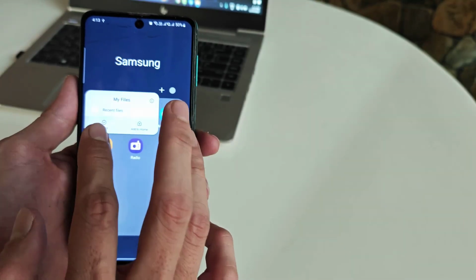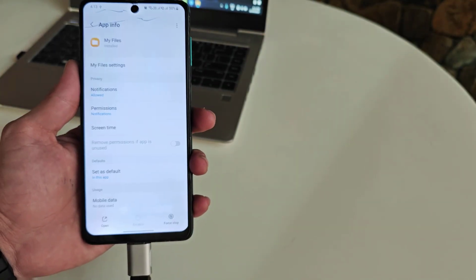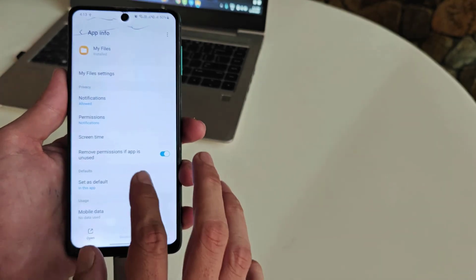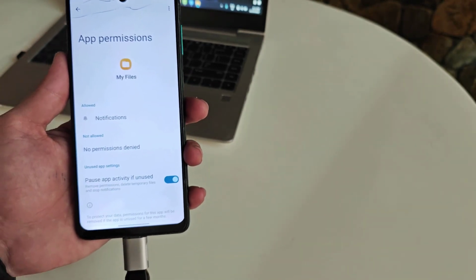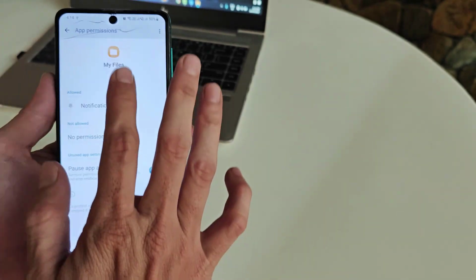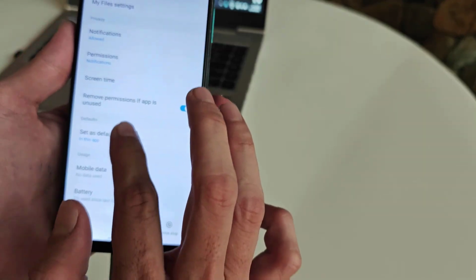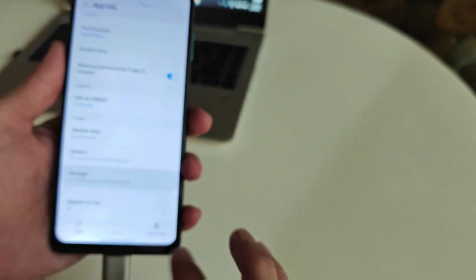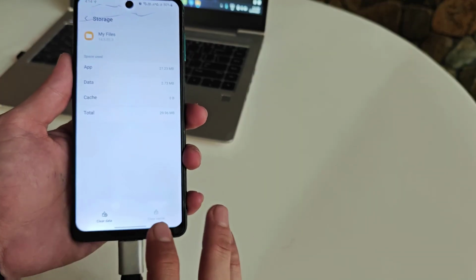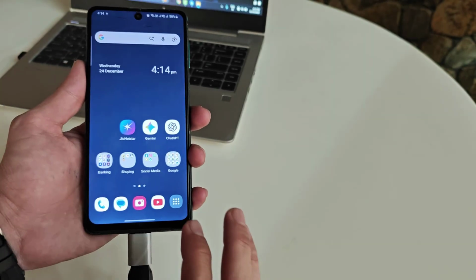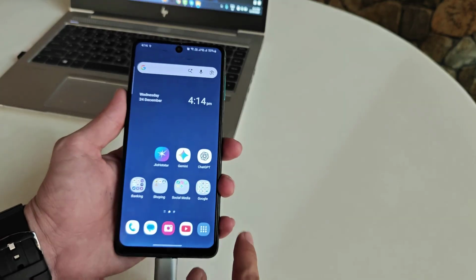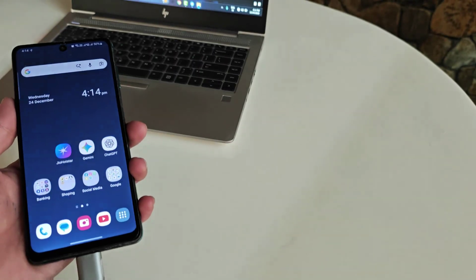Tap and hold on your file manager, whichever file manager you are using, open the app info and open the permissions, and here you need to enable all the necessary permissions. Okay, go back, open the storage. Simply here you need to clear the cache of this app. Then close this, disconnect your USB pen drive and connect it again. It will fix your problem. If the problem is still the same,